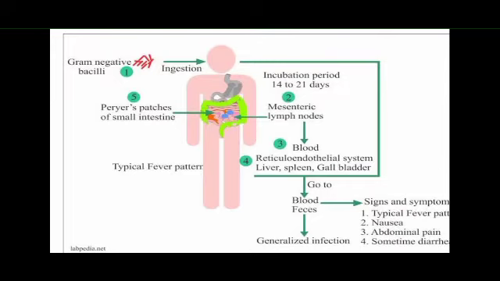Coming to the pathogenicity as well as the mode of transmission, how the bacteria causes disease, we will be learning in this slide. By ingestion of contaminated food or water that contains Salmonella bacteria, they invade the small intestine and enter the bloodstream. The bacteria are then carried by the white blood cells to the liver, spleen and bone marrow,